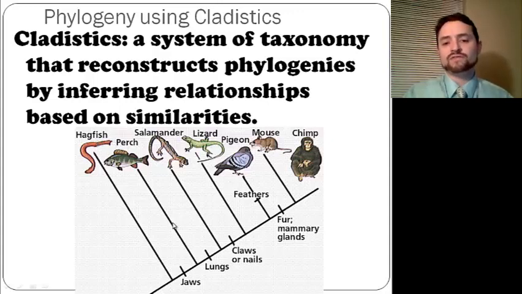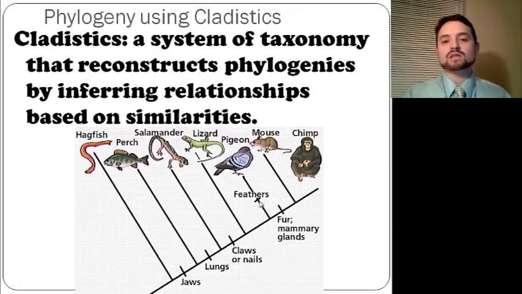But the very first derived character, meaning everybody from this point up or to the right, has a jaw. The hagfish is an animal that does not have a jaw. Its mouth is just open. It doesn't have the ability to close it. So from here on, everything up has a jaw, and that jaw allows it to open and close its mouth. So the next thing then you see is the perch. And then the thing that separated the rest of these from the perch is the evolutionary adaptation of the lung. So now you have a lung that enables breathing air instead of water.